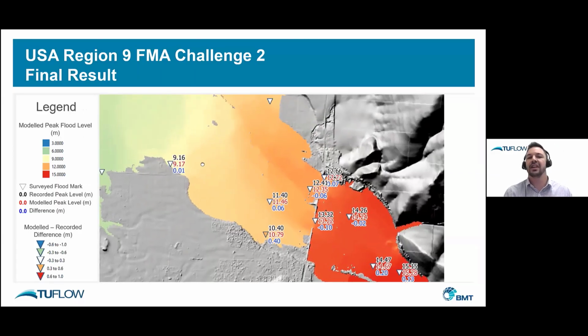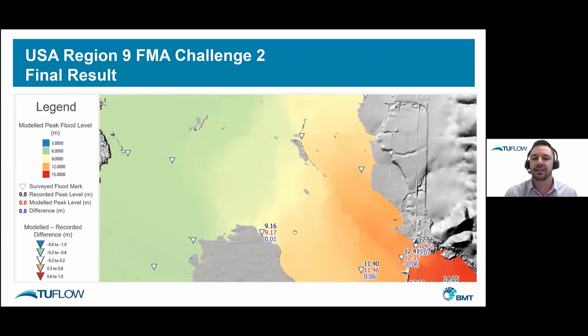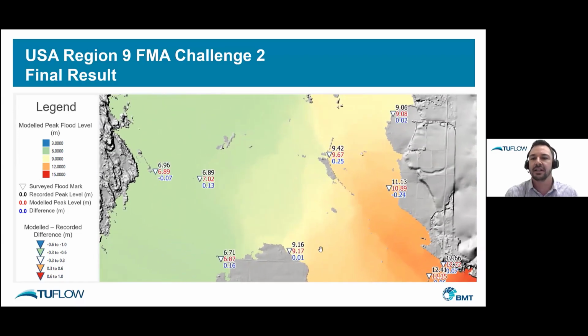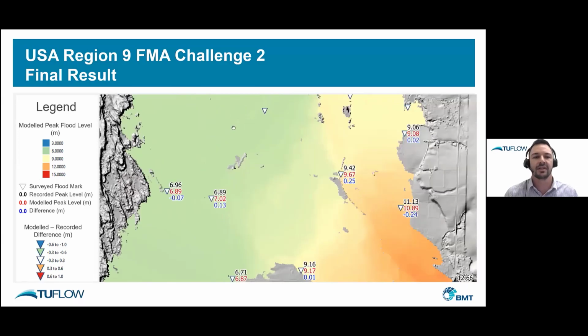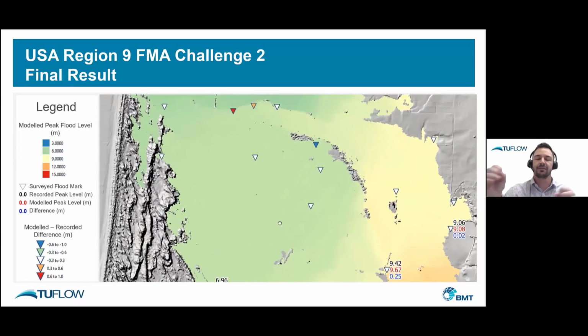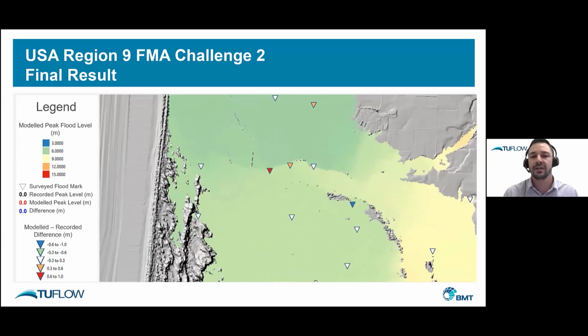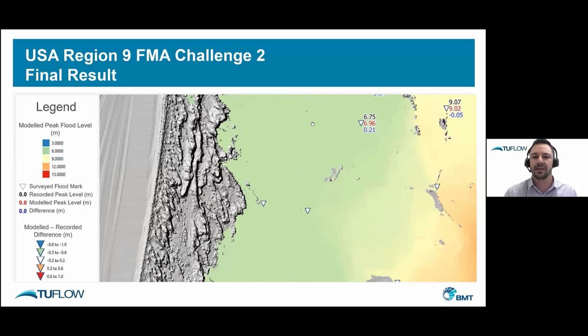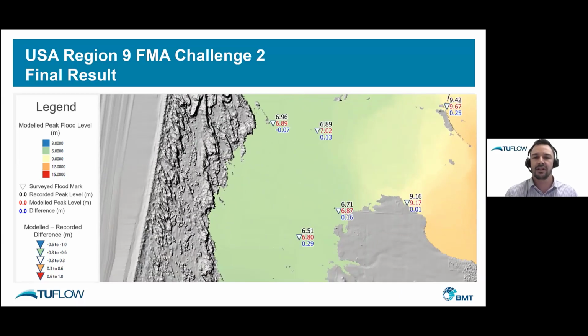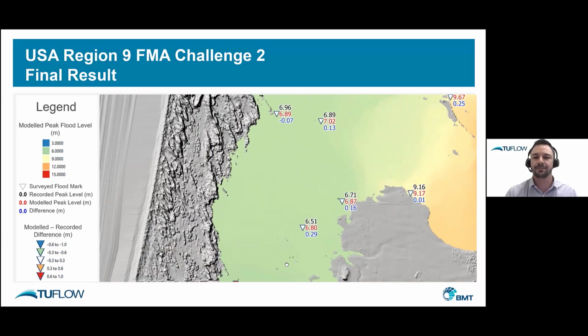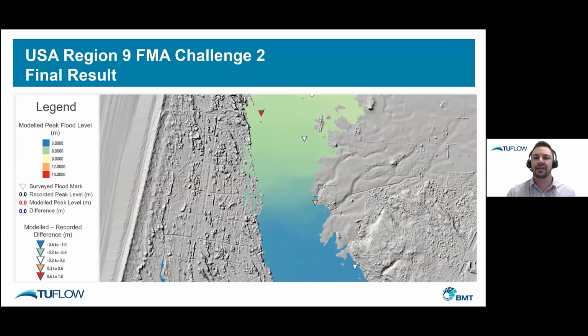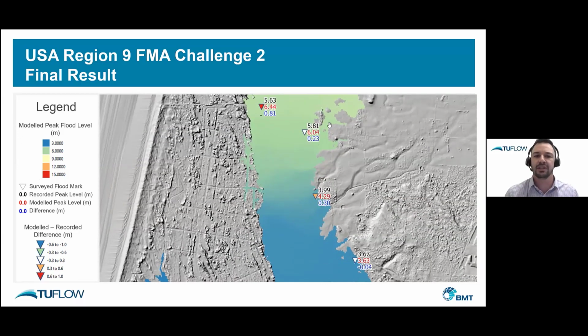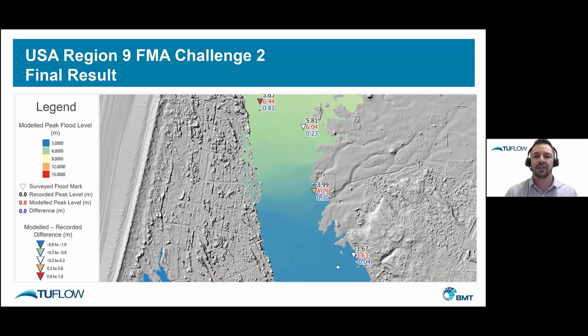I'll just take you on a journey now through the catchment so you can see what sort of result we achieved. You can see it's plus or minus 0.3 of a meter across the board. There's some outliers, but relative to the flood levels around them, I'm not worried about those. There's some outliers there in the middle, but I think they were potentially recording errors. We left them in there anyway because it's important to see what sort of range there was. Nevertheless, it was a great calibration result. It really matched those recorded levels really well.